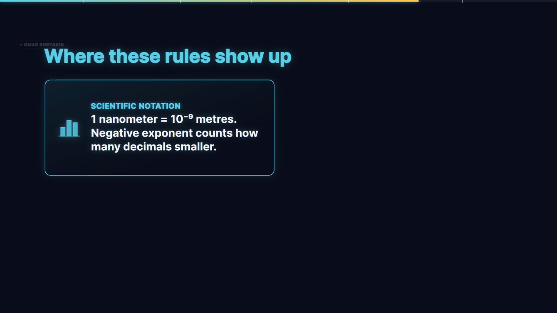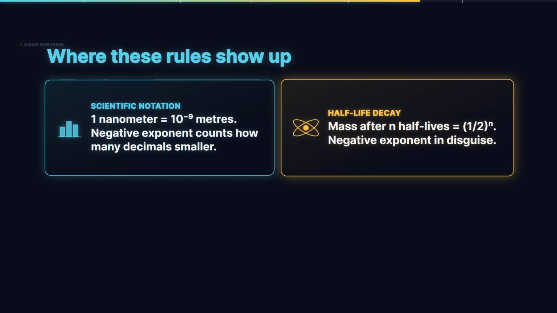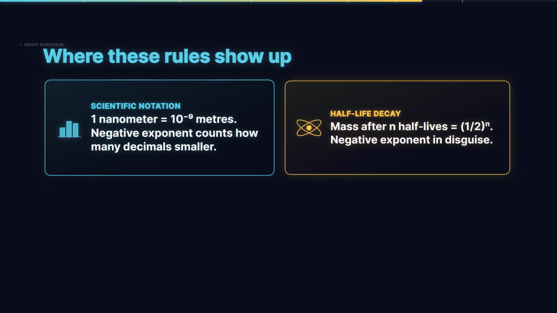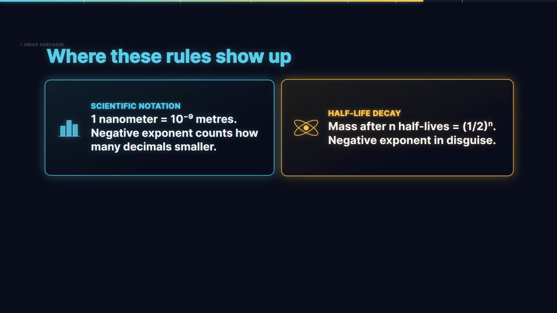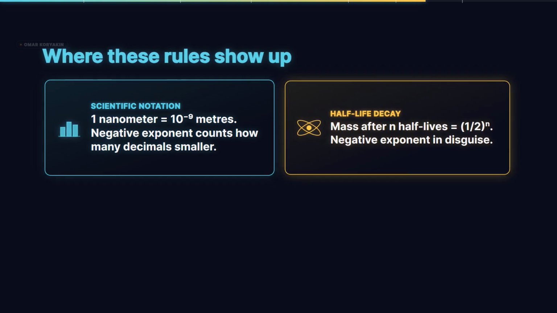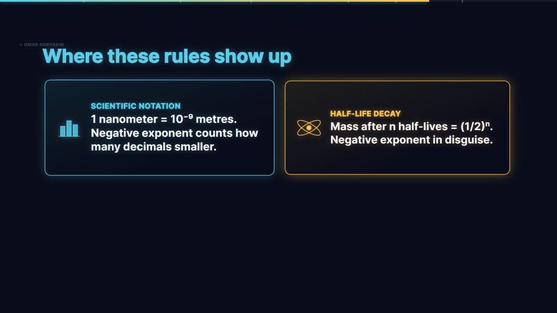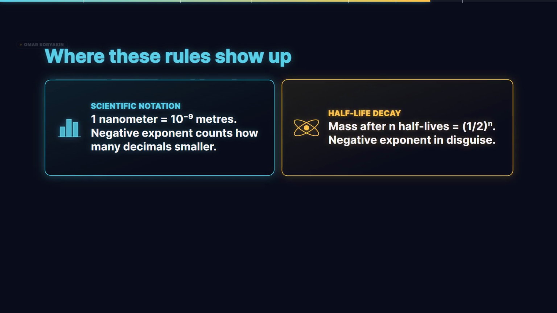Second, half-life decay: the mass of a radioactive sample after n half-lives equals 1/2 raised to the n power times the original mass. The fraction 1/2 is exactly 2 to the negative 1, so each half-life multiplies the remaining mass by 2 to the negative 1. After 10 half-lives, the remaining mass is 2 to the negative 10, or 1 part in 1024,